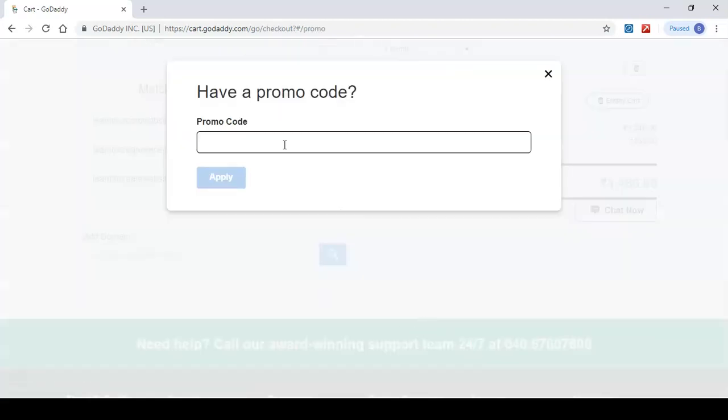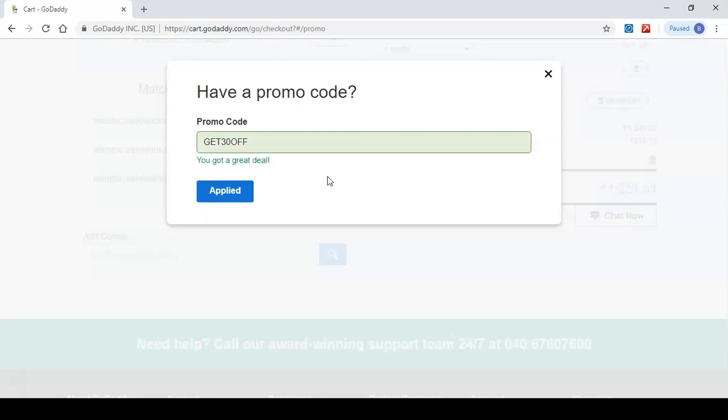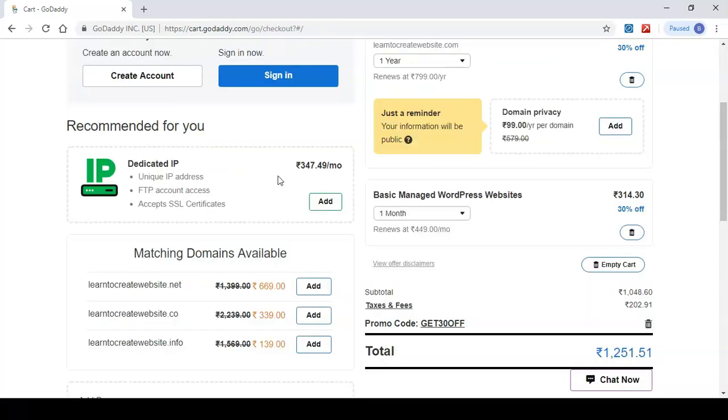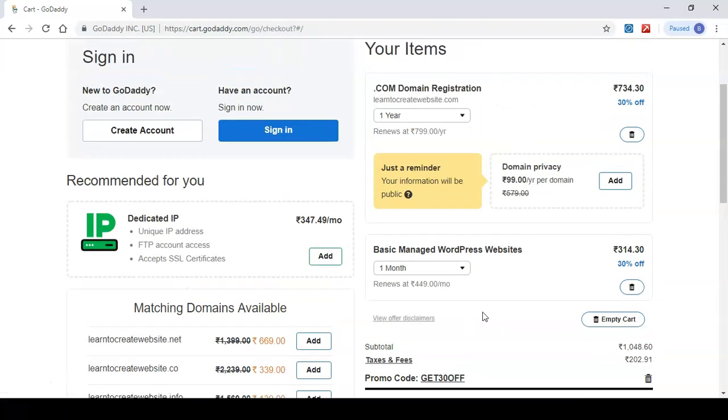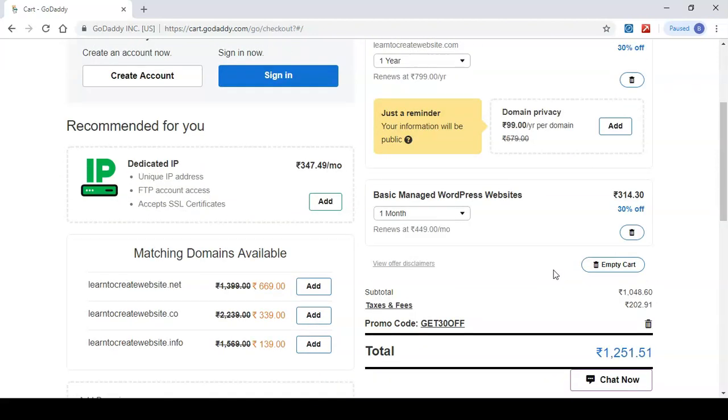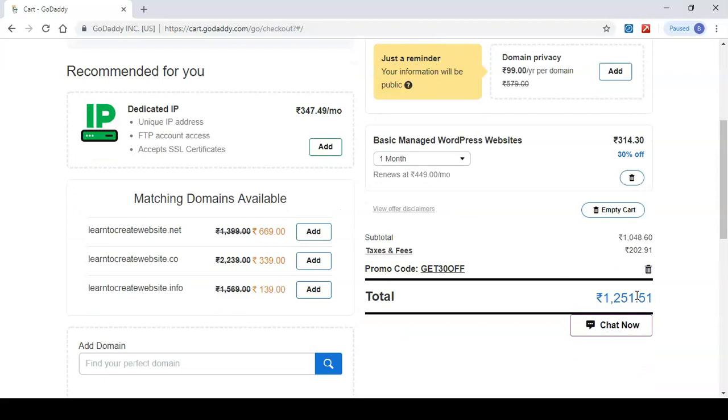So let me apply it and click on apply button. Okay, so the 30% off promo code is now applied. We get 30% off on domain and hosting both. And our total is 1251 INR, including fees and taxes.